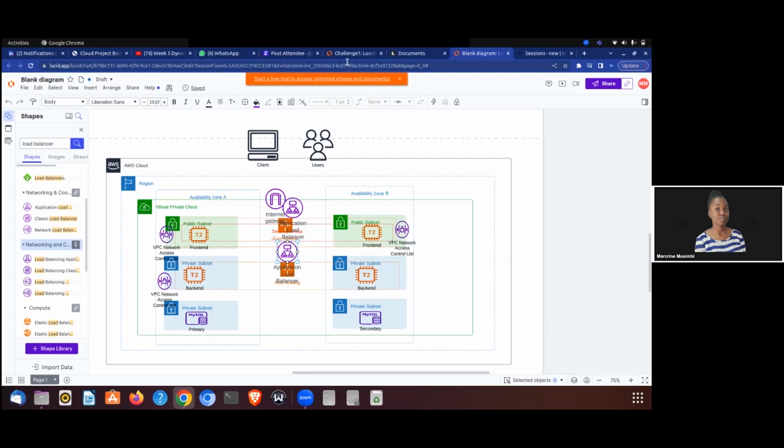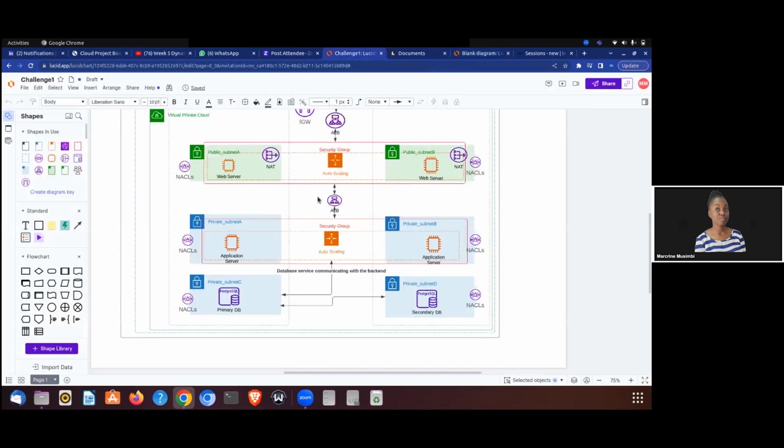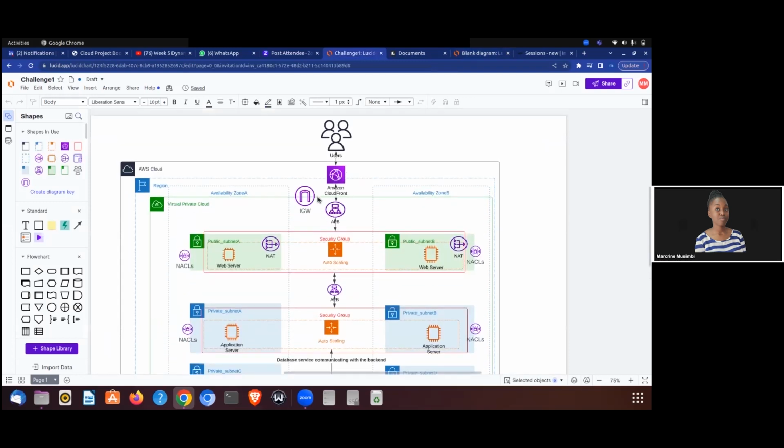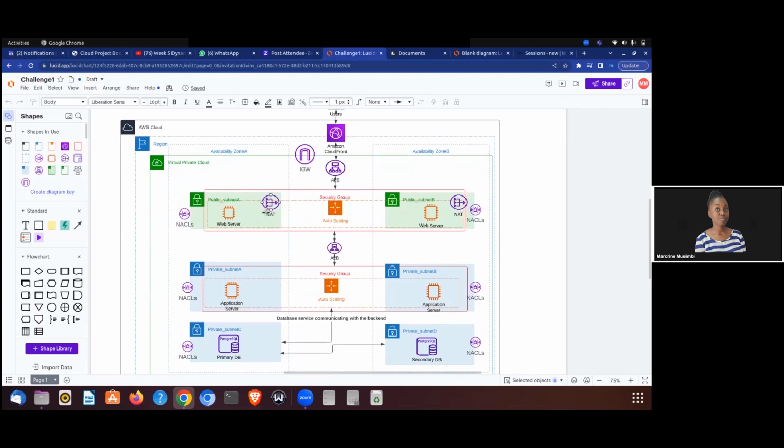So the final architecture should look something like this. You can see it from here. Okay, this CloudFront here is to protect the application load balancer from attacks. That's why I've placed it here. You can see the internet gateway, which allows our public subnets to interact with the outside world. And our NAT gateway is to allow our private